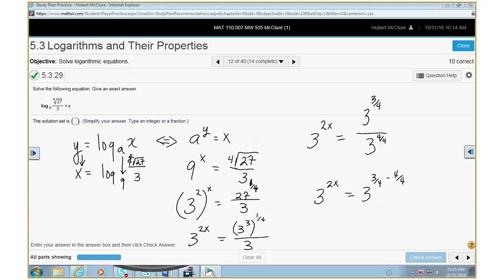Okay, y'all should be finished. What's 3/4 minus 1/4? Now what? The bases are what? The bases are the same, so therefore,